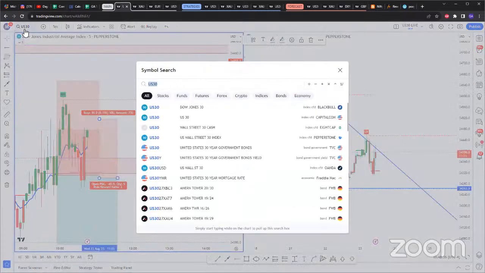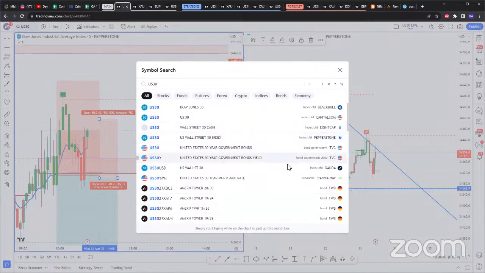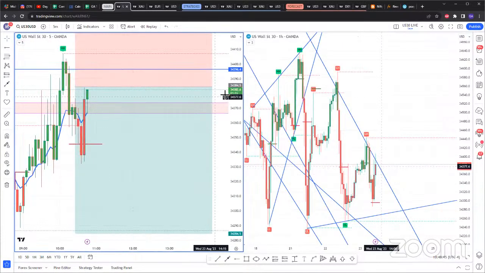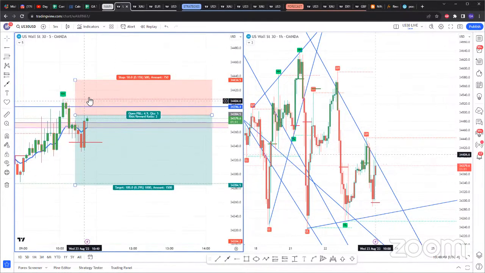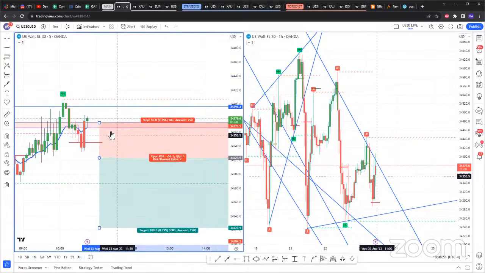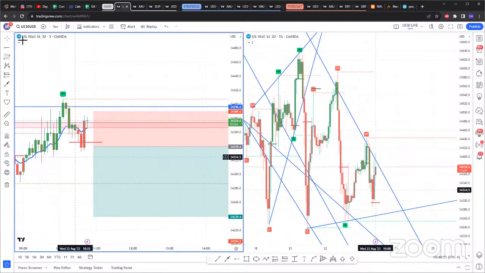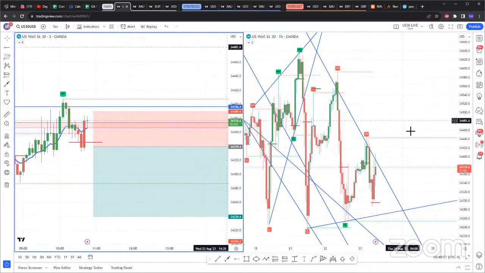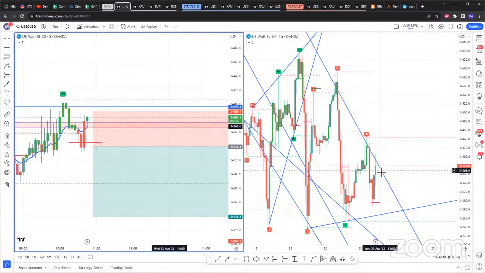Let me go back to my Oanda chart. Any final questions before we call it a day? Let's see right here. So in Oanda, same thing, right? If you use the Oanda chart like me, I'm looking for that, 2 5-minute candles closing below this zone. And you can see on the hourly time frame, this is what I also like to see, this trend line getting respected. But US 30 can easily pump up here.